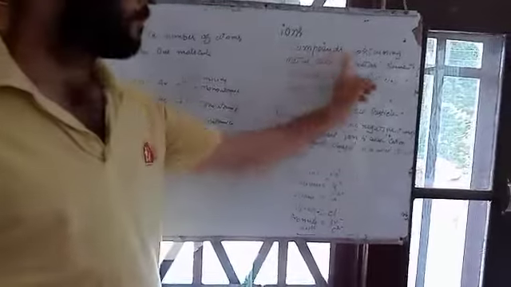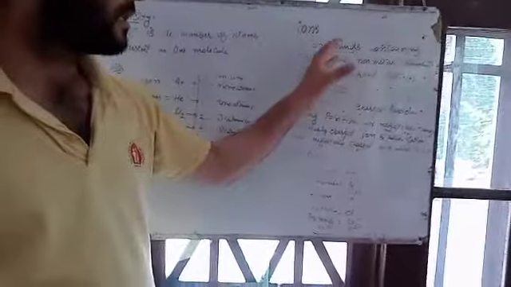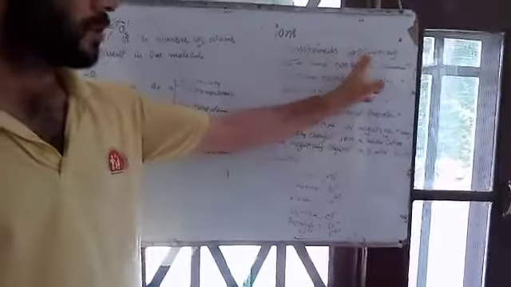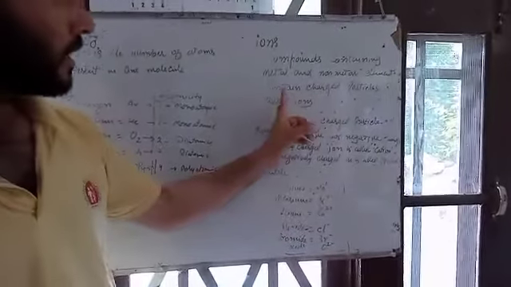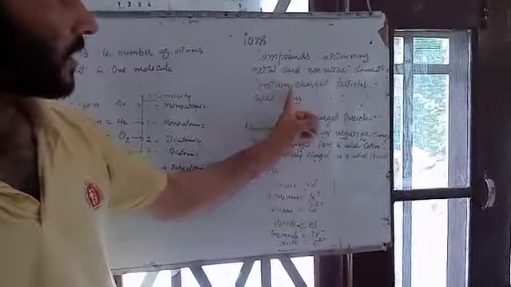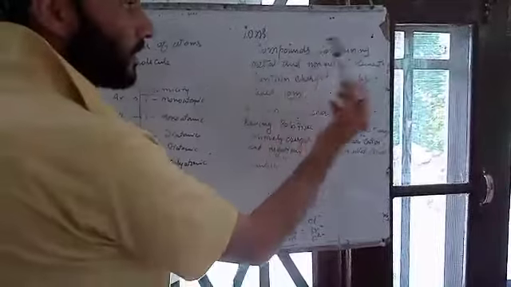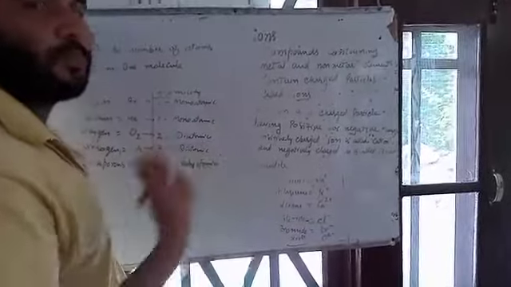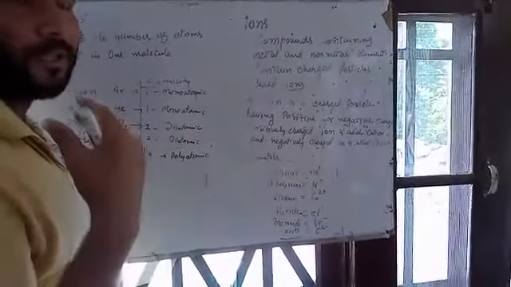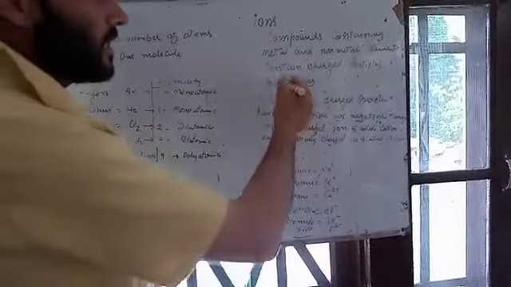Next is ion. What is an ion? Ion is a compound containing metal and non-metal elements. Both elements contain charged particles. These compounds containing metal and non-metals contain charged particles, that means the compound in which charged particles are present, whether it is a combination of metal and non-metal, and these charged particles